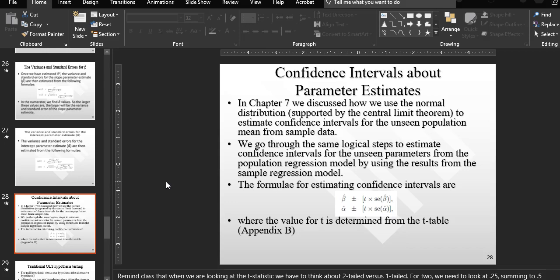We talked about the fact that you can create confidence intervals around the estimates because of course there's going to be an error. And the size of these confidence intervals are going to be a function of the sample size. The larger your sample, the smaller the confidence interval. And so here, you can see how they're calculated. For the beta coefficient, it's going to be plus or minus